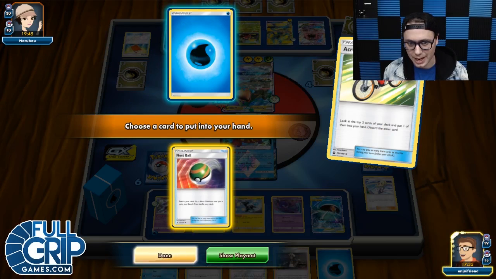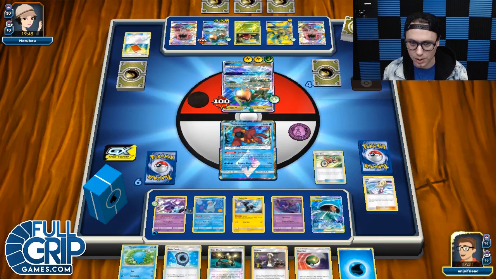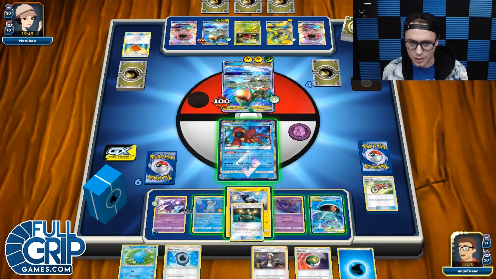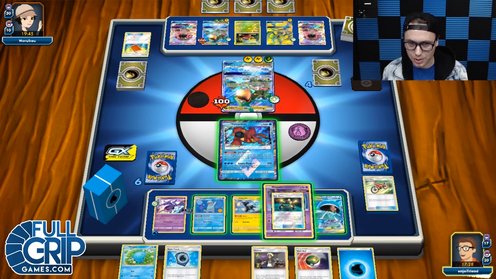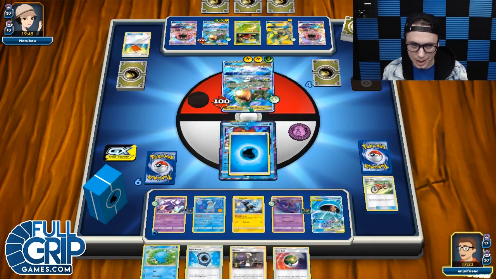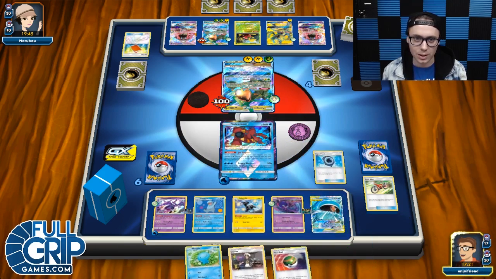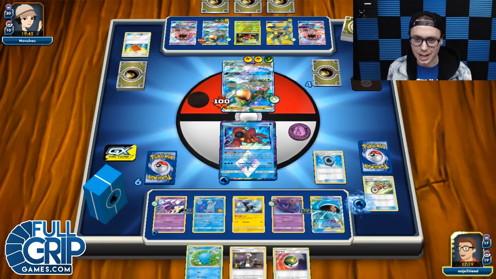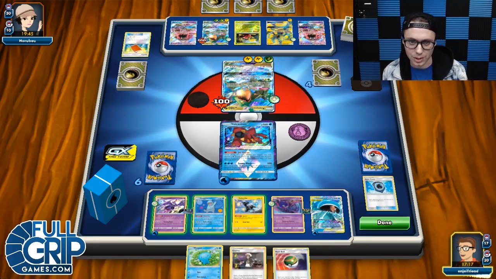I could just ditch that water energy, and then we have another water down. That's cool. And then we can put the Experience Share onto, sure, the other Naganadel. That's fine. We got the water to attach here. Aqua Patch to the Wailord. And then we could sprint again, but do I really want to